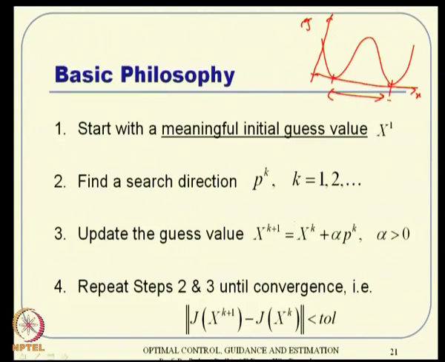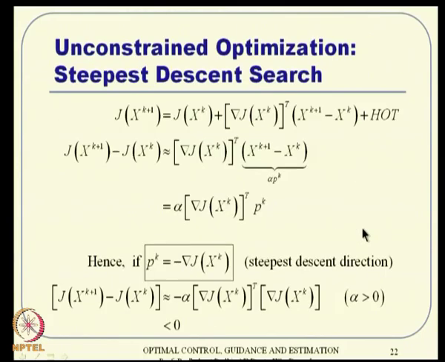So, all that happens is, I continue the process as long as I do not see some improvement. Whenever I see this property, then I think, okay, this is a converged value. That is the whole idea there: start with a meaningful guess value, find some search direction, go a little baby step, and repeat the procedure again and again until convergence. Now, the more important thing is how you find this p_k. So, let us see that part of the analysis.